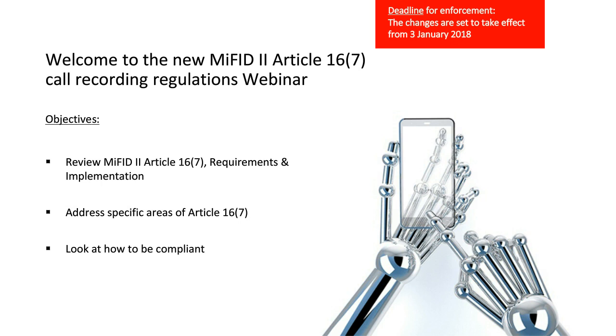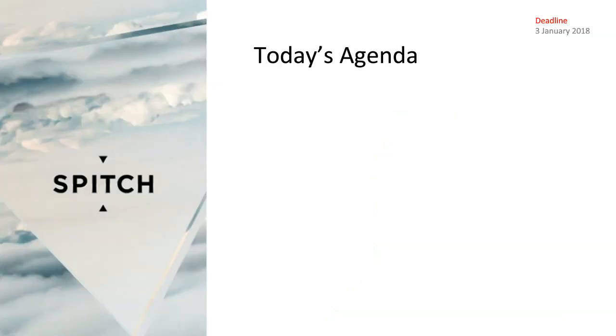MIFID II introduces for the first time an EU-wide harmonised requirement on firms to record telephone conversations and electronic communications relating to or intended to relate to transactions concluded when dealing on own account and, as previously mentioned, when providing client order services that relate to the reception, transmission and execution of orders. Here in the UK, this will replace the FCA's domestic taping regime that has been in place since 2009,